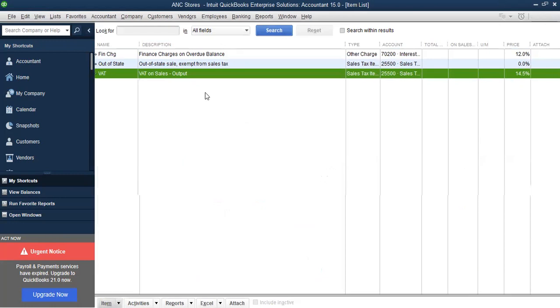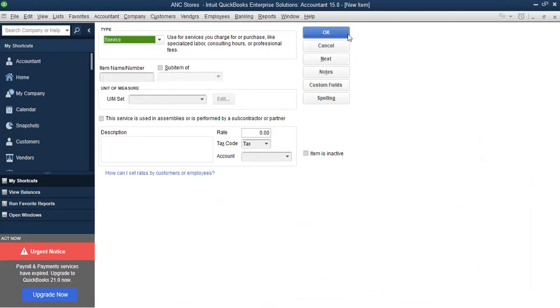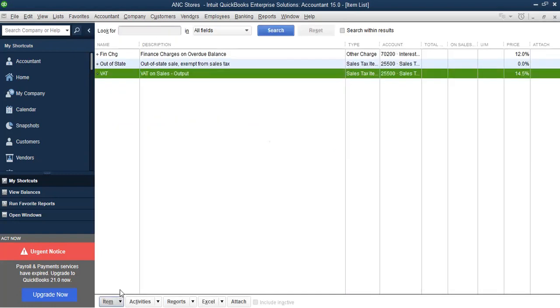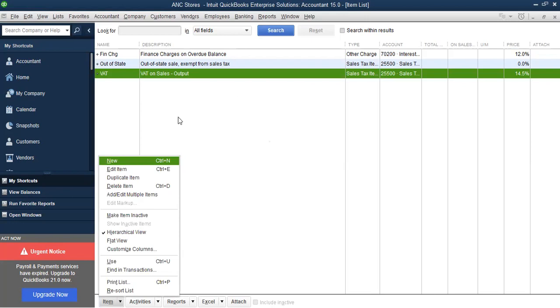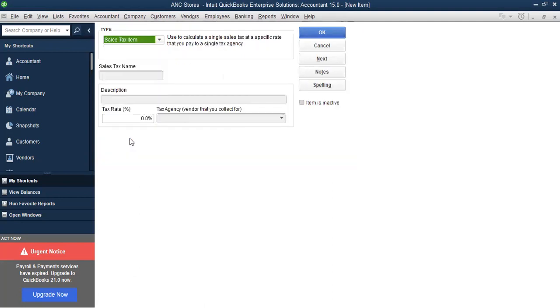Then this dialog box where we're supposed to then choose the, oh no, forgive me. Let me come back again. So here go to new, then there we choose the type of the product that we want to set up. So we want to set up what? The tax. To set up the product, the tax. Then we add the name of the tax, which is VAT, the description, VAT on sales or VAT output, the percentage here 14.5 today. Then ZIMRA is the VAT agent.